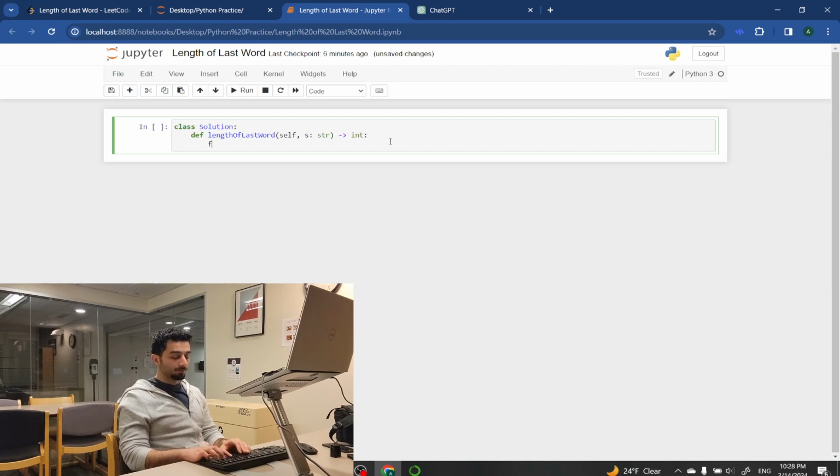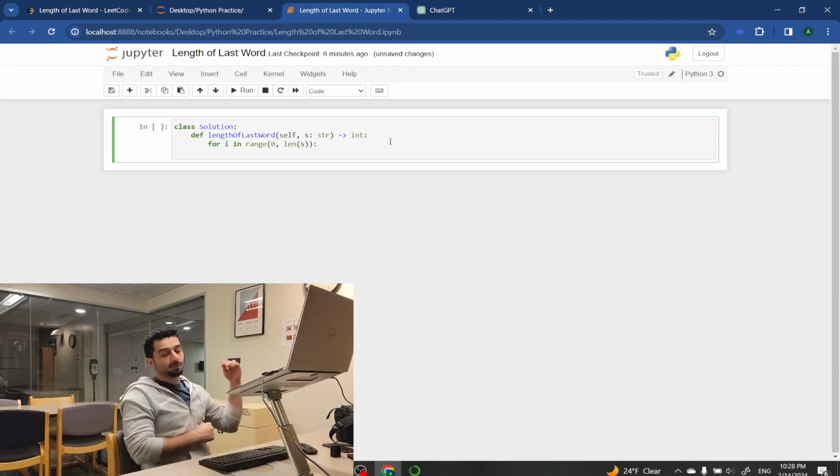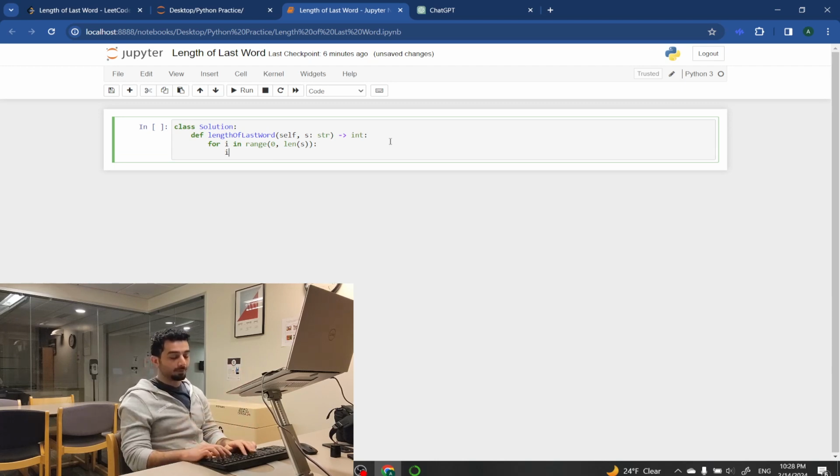I will call for i in range of 0 and len of s, then len of s won't be included, which is fine. What are we doing? So we are going from back. If